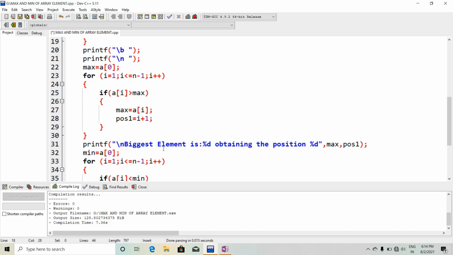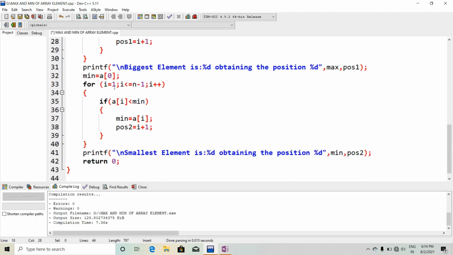Then we print: the biggest number is max, obtaining the position pos 1, that is this value. Then min equal to a of 0. I declared that the minimum number of the array is a of 0. So we have to check the other elements from 1 to n minus 1.